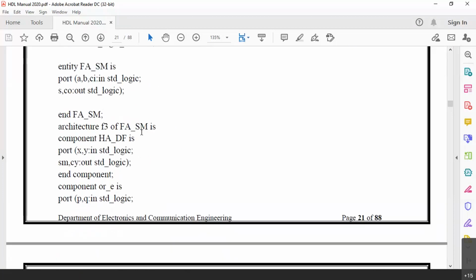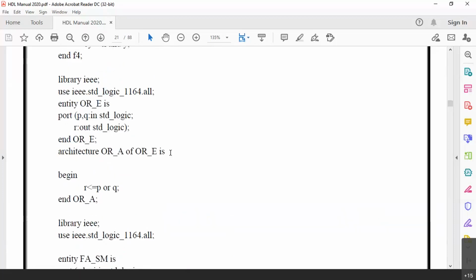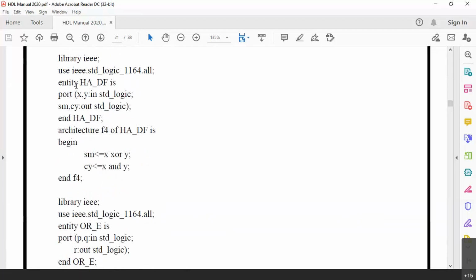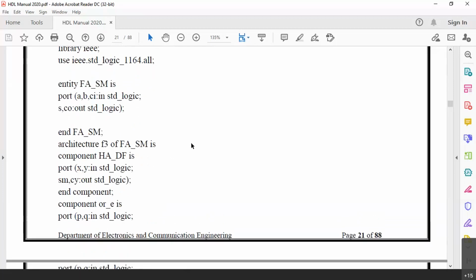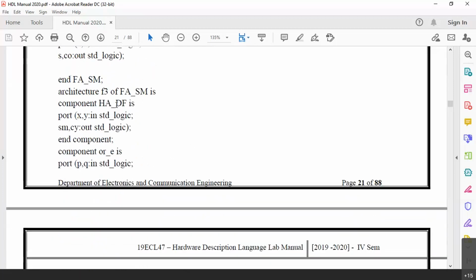Architecture F3 of FA_SM is. Now we have to declare something called a component in VHDL. In Verilog, the style is slightly different. In the theory class, I had discussed the usage of this word component. So component HA_DF, which we have already declared in the program, we are calling it now here as a component.